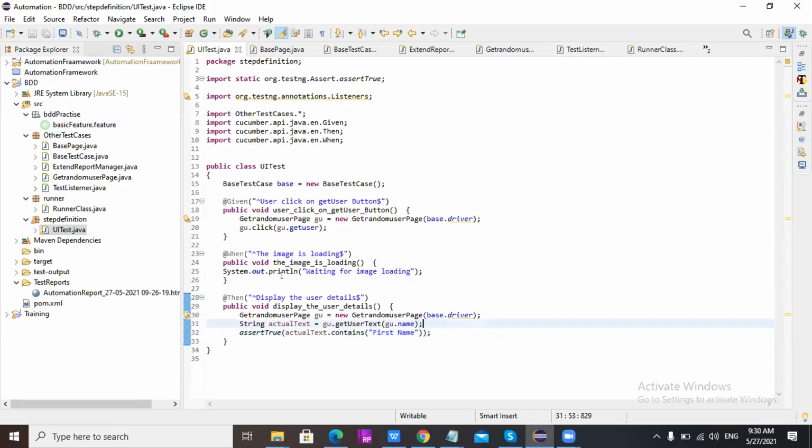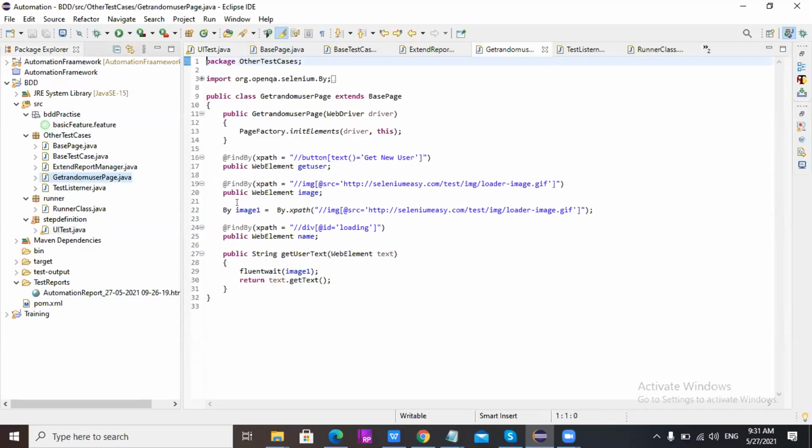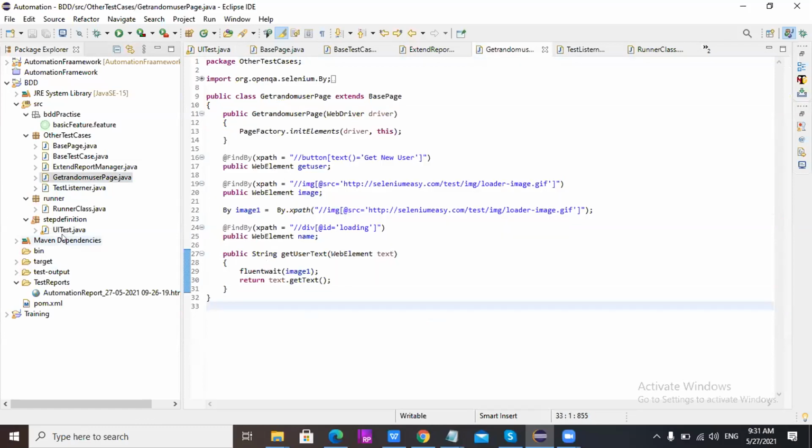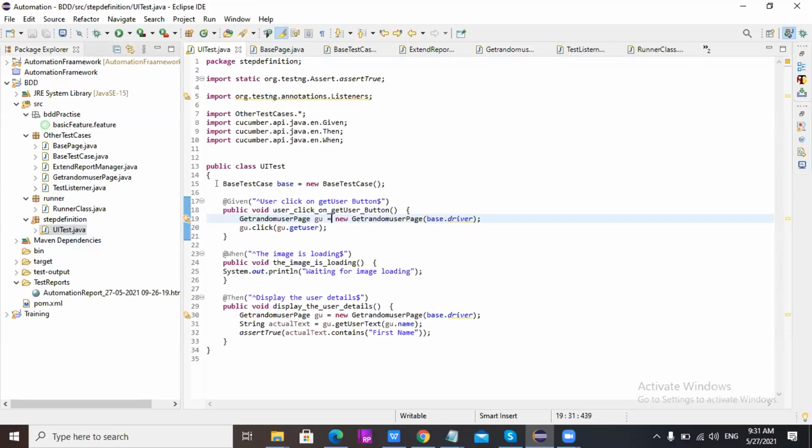Yeah, Diksha, go ahead. I have created this step definition class. I have created the object of the POM where I find the elements, plus an instance of the base class to open Chrome and close the driver.